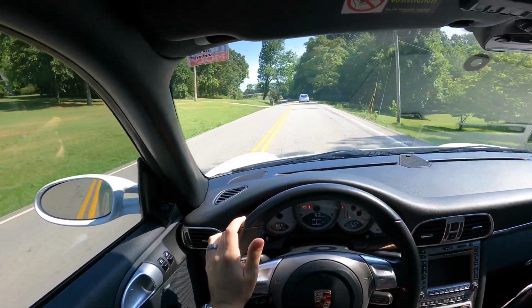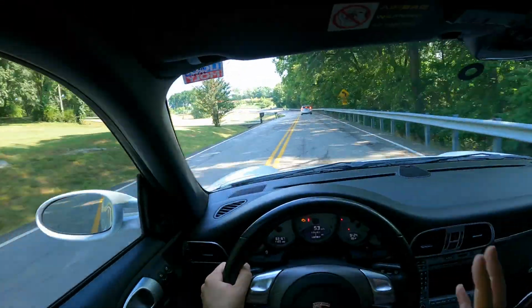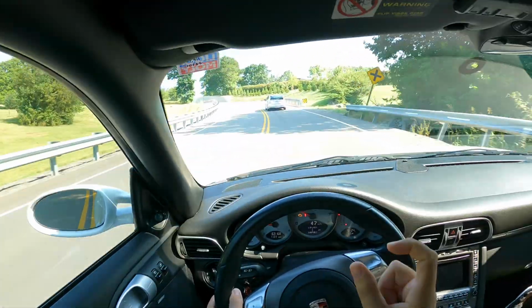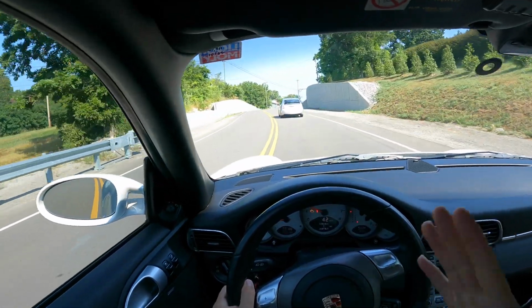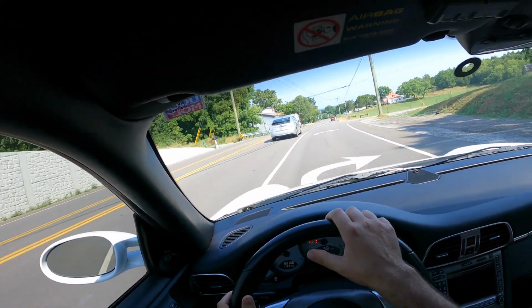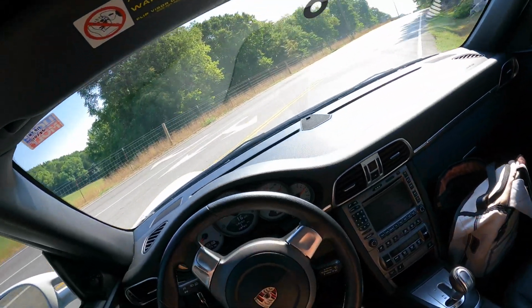However, there is a pretty large delay in the shifting speeds. So in automatic mode, the transmission does a really good job of helping you know what gear you're in. And that's all based on throttle control. So if you put a little bit of gas into the car, it's gonna go in economy mode like we are right now, where it's gonna keep it in a high gear. Very comfortable to drive, shifts very smooth. If you're gonna go ahead and put it in sport mode, which we're about to show you in 2 seconds going down this back road here. So,